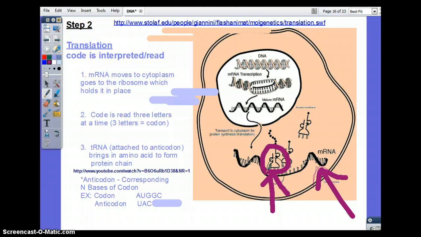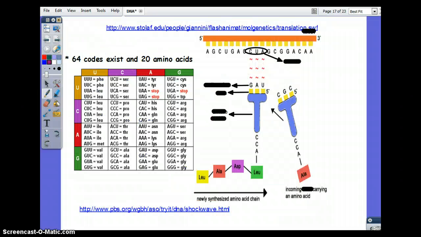What's attached to tRNA? Amino acid. This is the amino acid, this weird structure here. Okay? What's at the bottom of tRNA? Nitrogenous bases. What do we call those 3 nitrogenous bases at the bottom of tRNA? Anticodons. Okay? Now, so there's 64 codes, yet there's only 20 amino acids, and you do not have to memorize